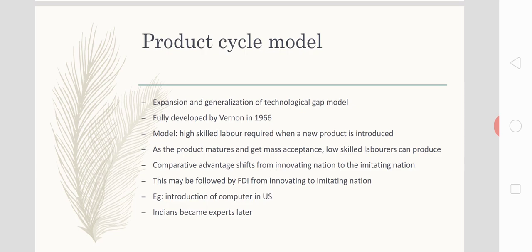The producers and laborers of the importing nation learn how to produce the commodity, how to repair the commodity. That means this is the copying of the technique of production in the importing nation. This is imitation, and this imitation also helps that importing nation to produce that commodity massively and export it back to the innovating nation. This is the shift in technology, the shift in comparative advantage from the innovating nation to the imitating nation.